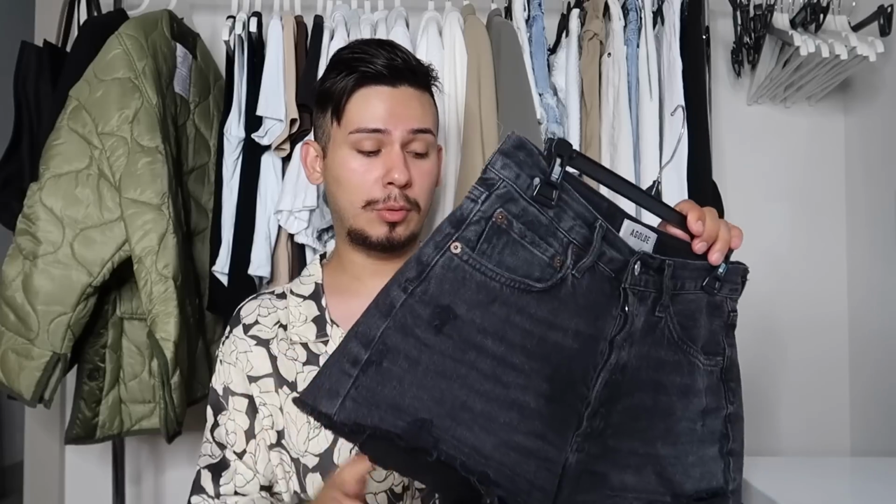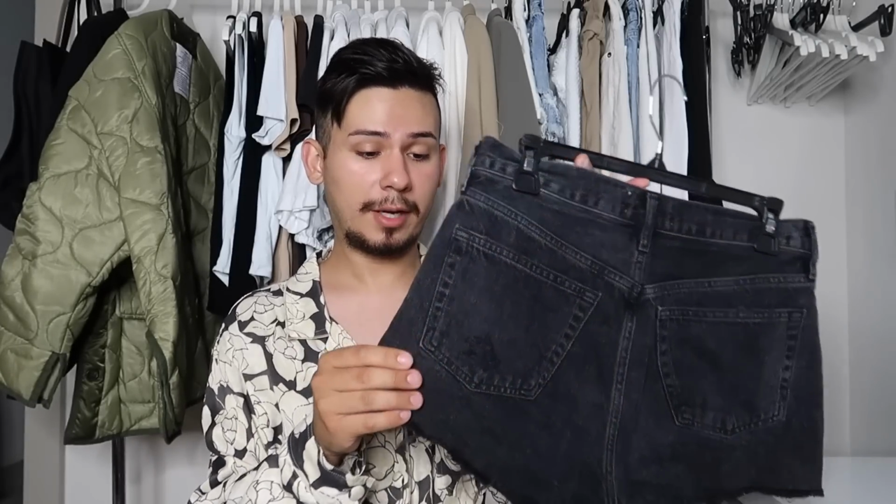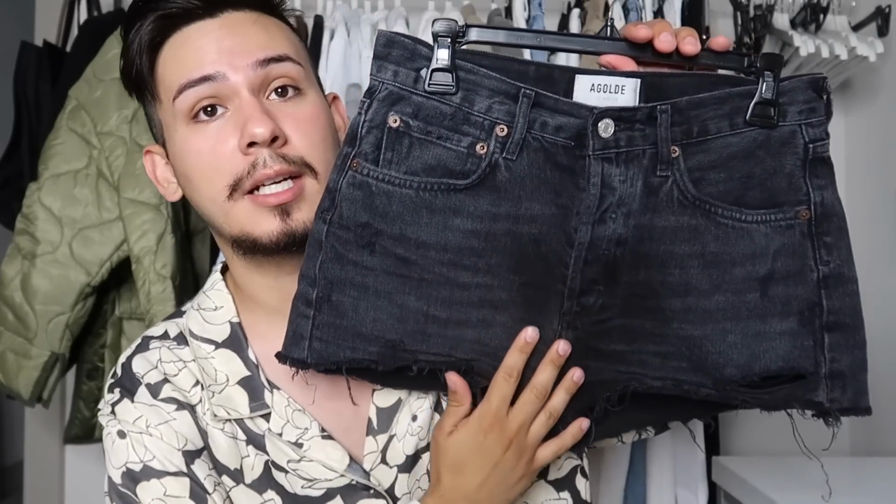I bought these last year. Like I said, these are size 26. These have no stretch to them. These have been worn tremendously. I have them in the white one and I have them in the blue color, and they are the perfect short. And so I decided to let you guys know that if you are looking for some black classic shorts, I feel like everybody needs a black classic denim short, and I like how these are more of a faded black,